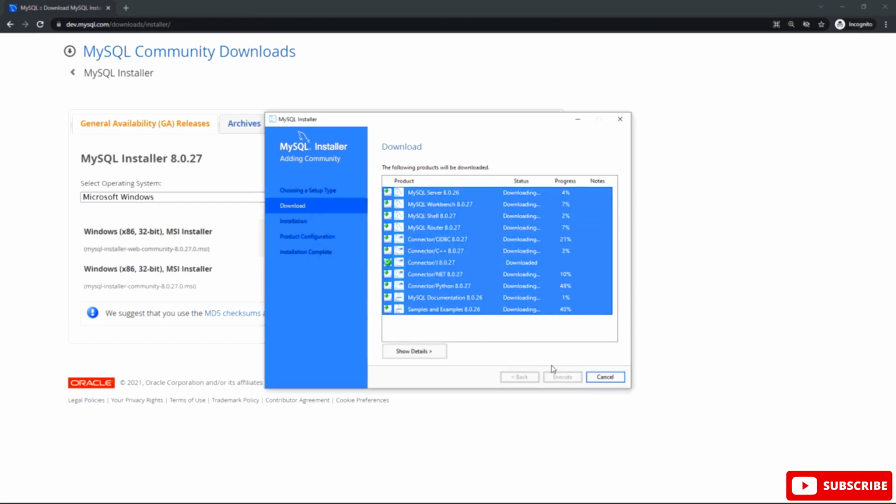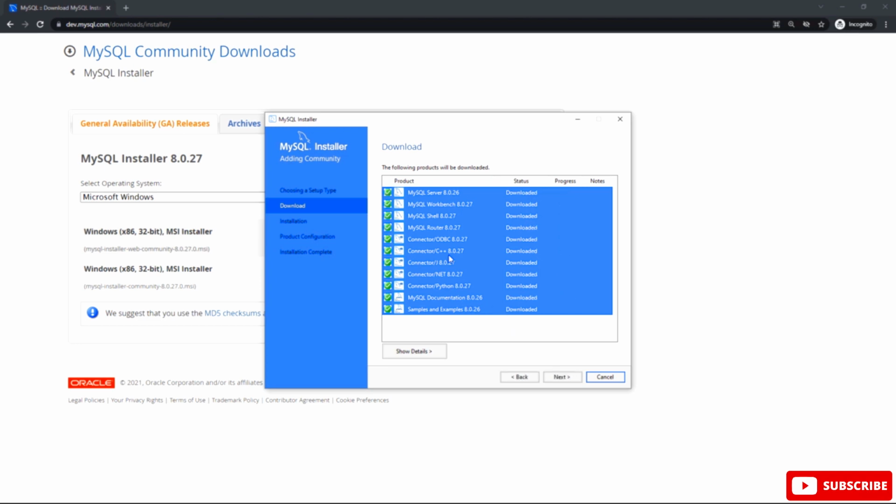After hitting execute, the program will download and install the MySQL server, MySQL Workbench to execute the MySQL queries, also MySQL Shell, and many options as you can see, and you can see the connector for the Python programming language. Wait for the downloading and executing to finish.